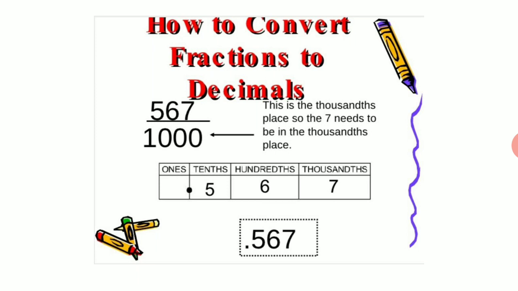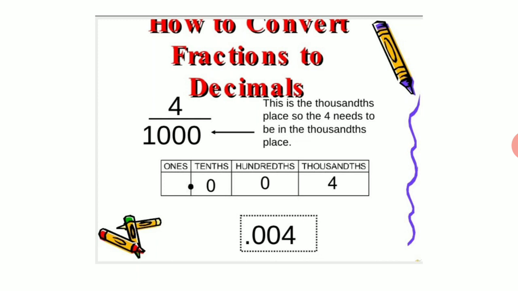So 1000 5s are 5000. Now we have the remainder left as 670. Since we have already applied the decimal point, one more 0 comes there, and 6700 it will become. So again 1000 into 6, 6000 it becomes. Now we are having the remainder as 700. Again, since the decimal point is there, one more 0 is applied, and 1000 multiplied by 7 totally divides it, making it 7000. So we have the answer as 0.567.